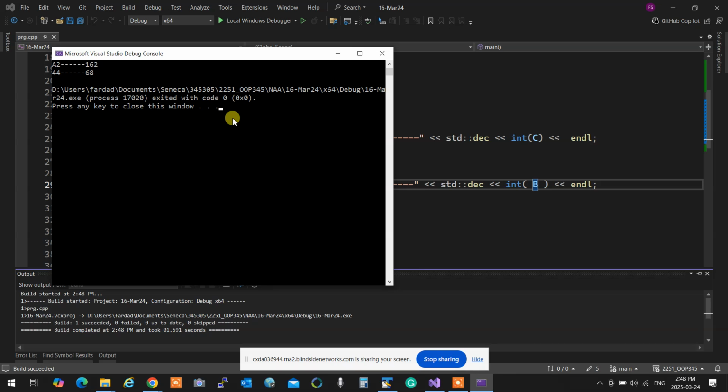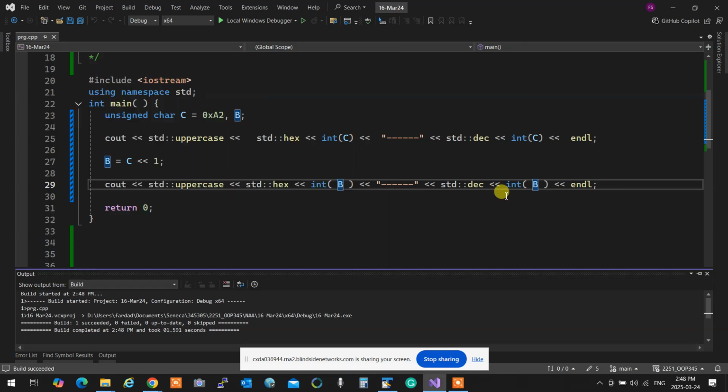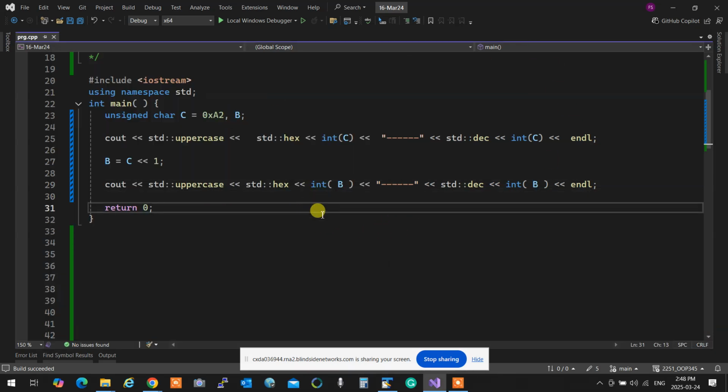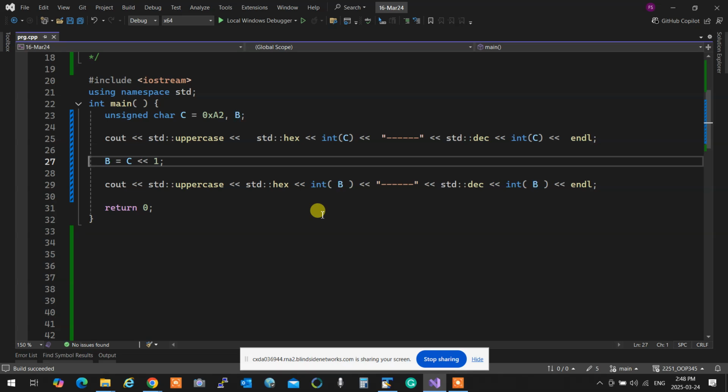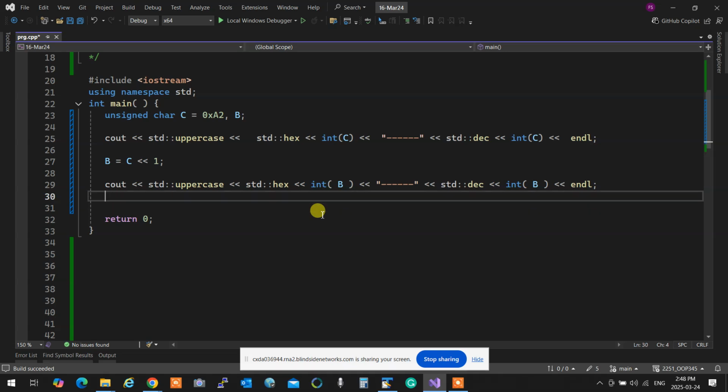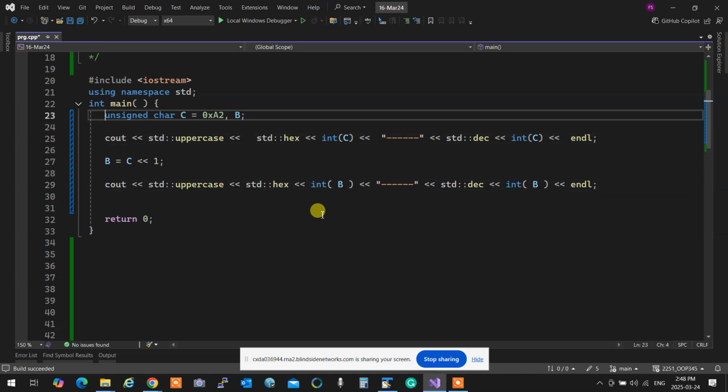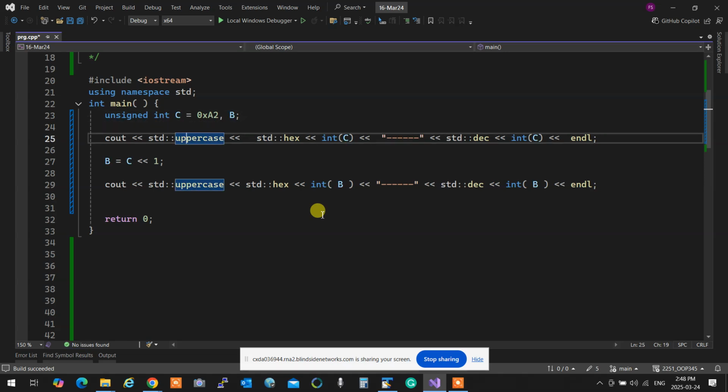Okay, so essentially, when you left shift, now, instead of character, I'm going to put int over here so we don't have to worry about the values. It's the same. It's just going to be bigger.